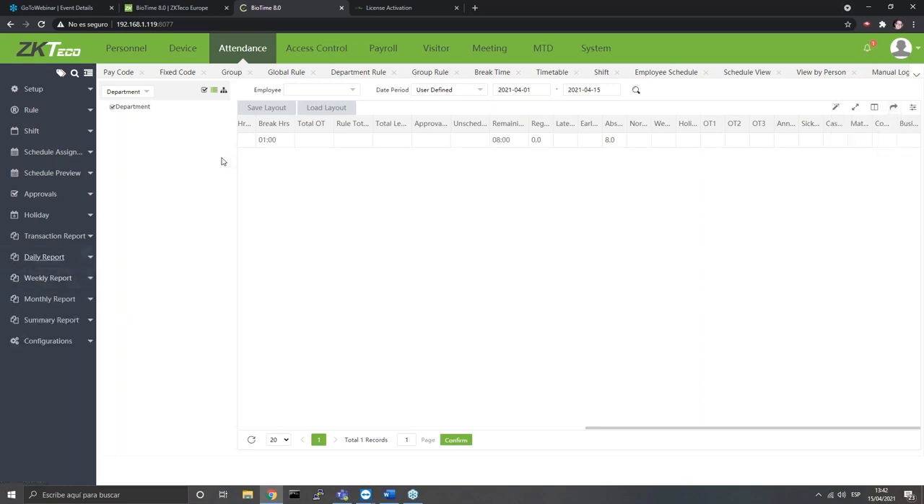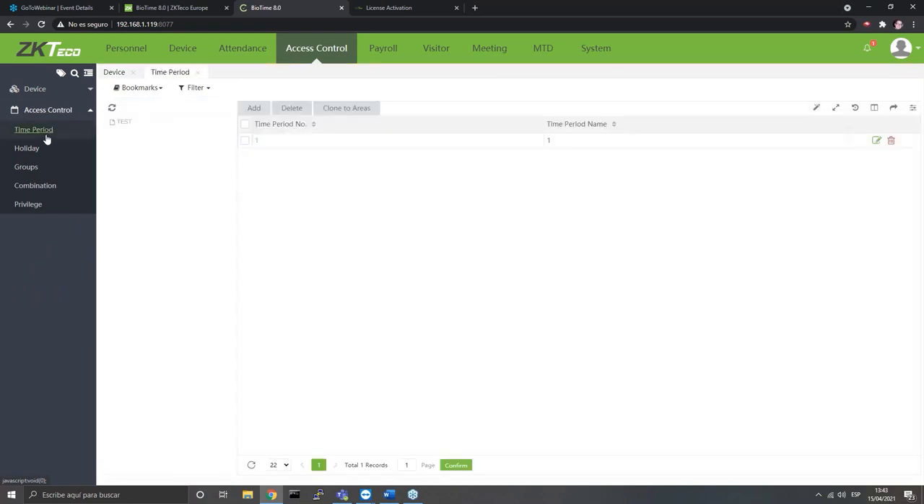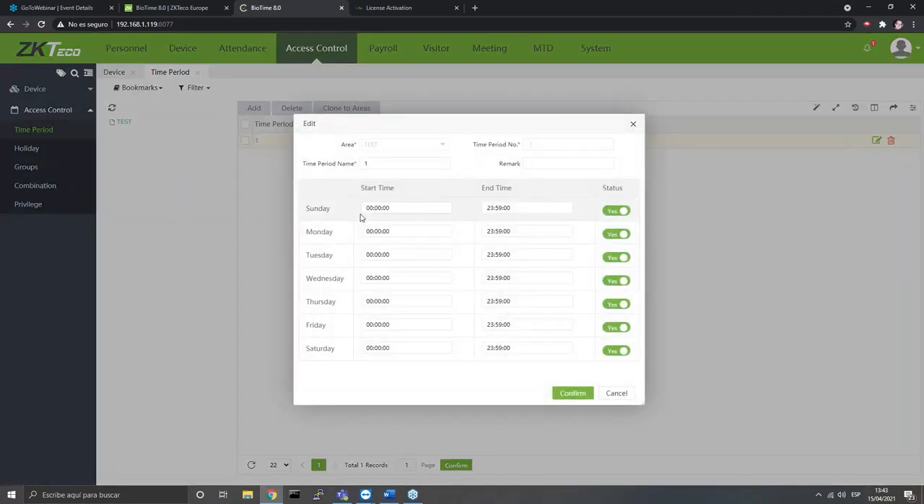Okay, on the rest of the modules, I don't want to explain too much. I wanted to focus more on these 3 modules. But for the access control setting for devices that have access control, we can set time periods in which the devices are available to punch. Okay, what that means is that the default time period, as you see, it goes from Sunday